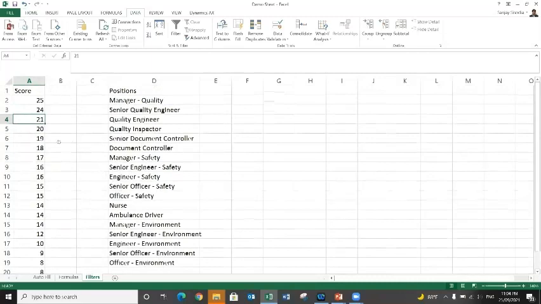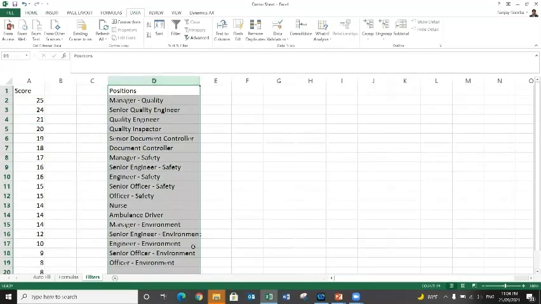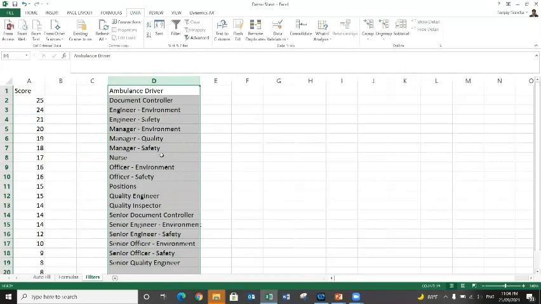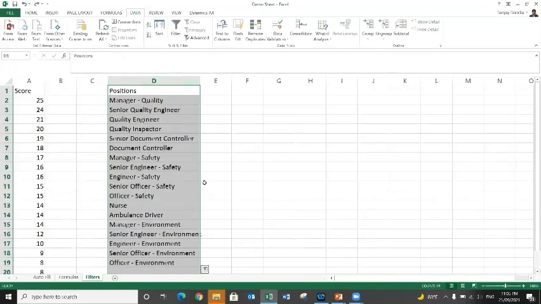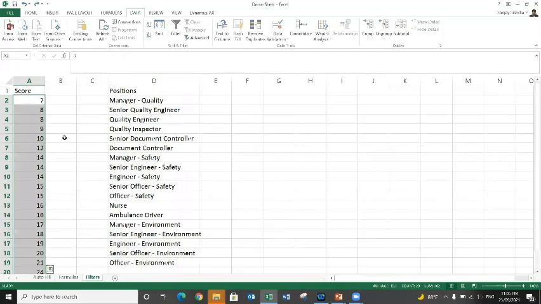Excel doesn't arrange the numbers only. It can work for alphabets as well. So here we have some alphabetic data which we have selected. If we select A to Z, the data has got arranged in ascending order. If we want to sort it in descending order, select Z to A. Now the data has got arranged in descending order. So this is what the sorting function is, where you can arrange the list of data points in ascending or descending order. Let's go back. This was our original data set.